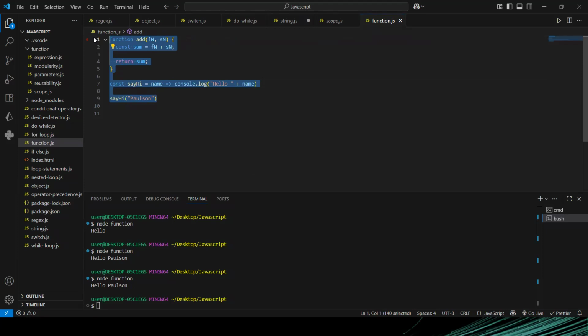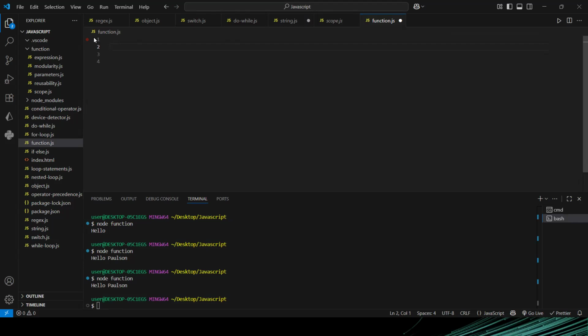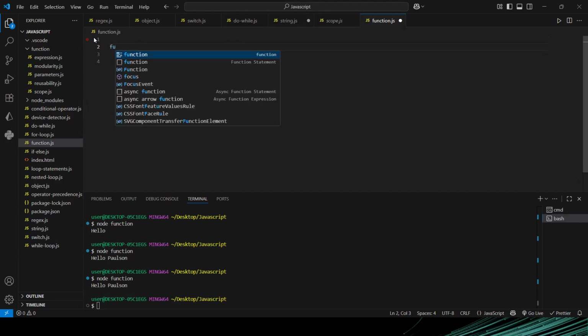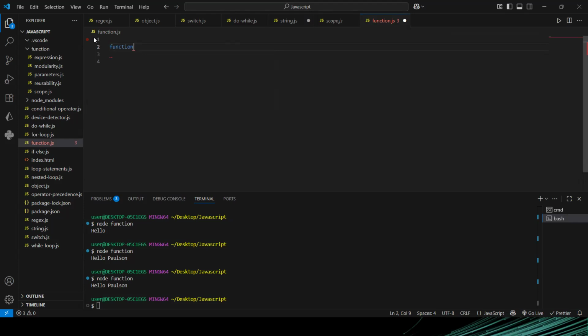Let me take everything out here. I want to create a function that I don't need to call. Remember, after declaring a function, you will call it. Calling it means you use the name of the function, then you put parentheses at the end. After you create it, you call it. But in an immediately invoked function expression, we are creating the function and calling it immediately. So I'm going to create a function. I don't even need to give it a name. I'm just going to say console.log